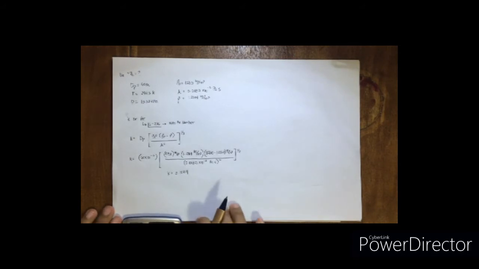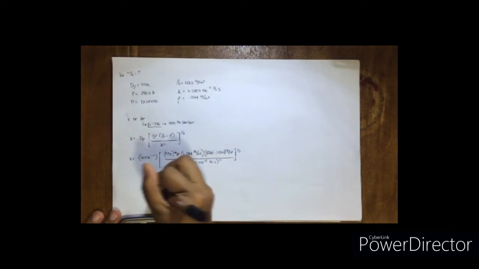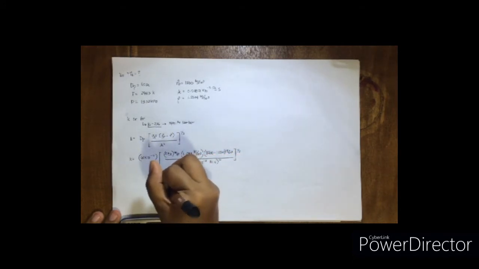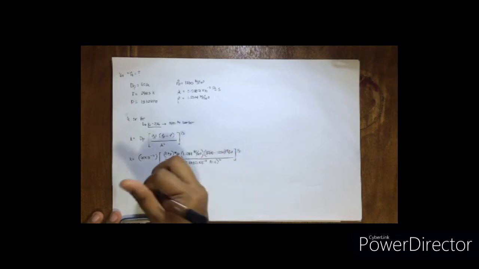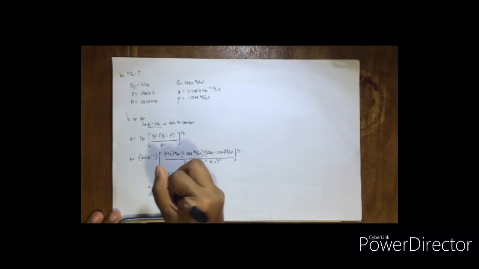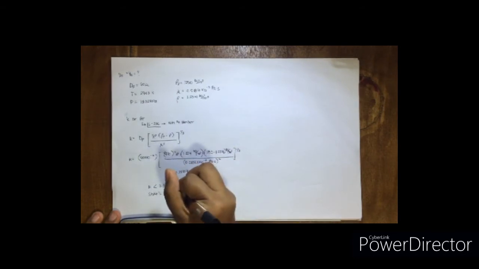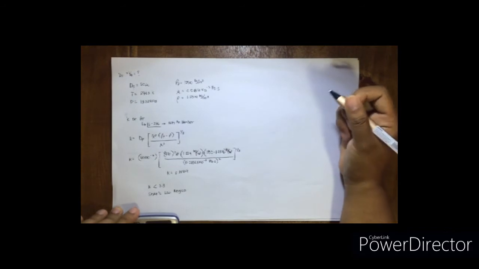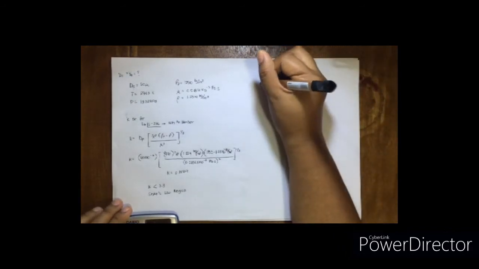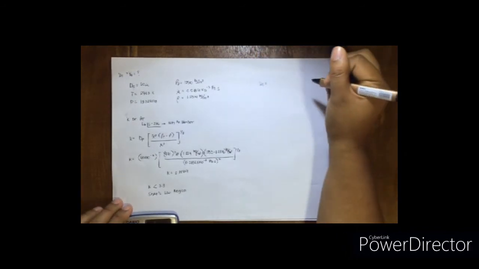So since our K is less than 3.3, the formula that we'll be using falls to the Stokes law region. So the formula for Stokes law is the one that we will be using to compute our terminal settling velocity. So for the terminal settling velocity in Stokes law, we will use